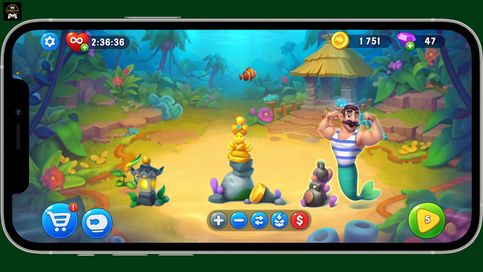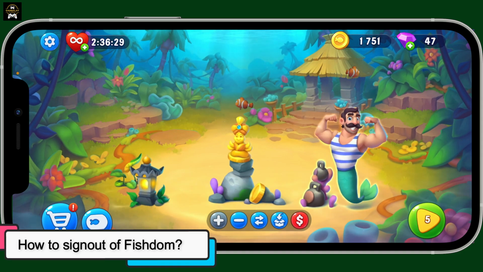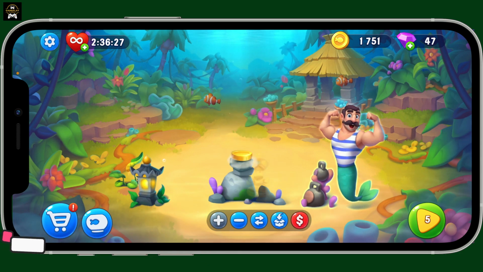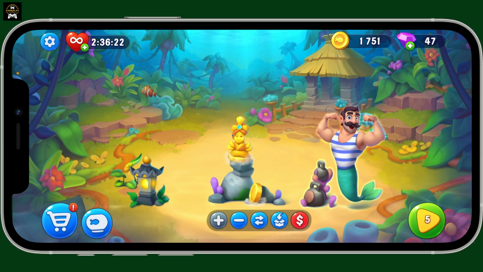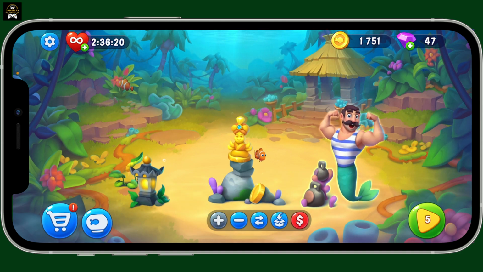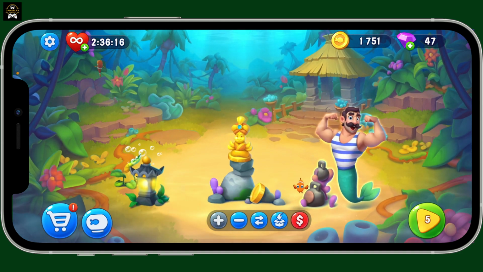In today's episode, we are going to be learning how to sign out of Fishdom. Whether you are connected through Facebook, Apple ID, or any other social accounts, you can easily log out of Fishdom, so let's get started. First of all, unlock your device and open up the Fishdom app, and once you're in